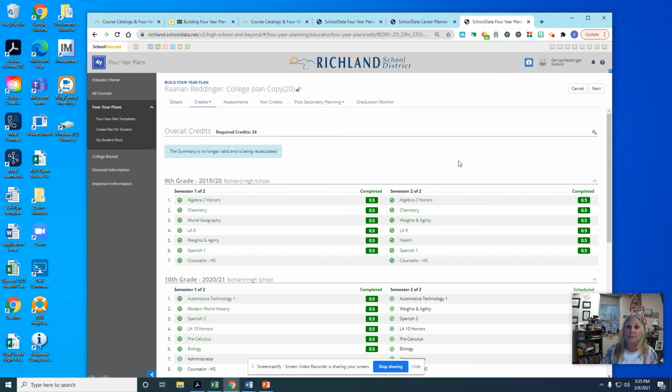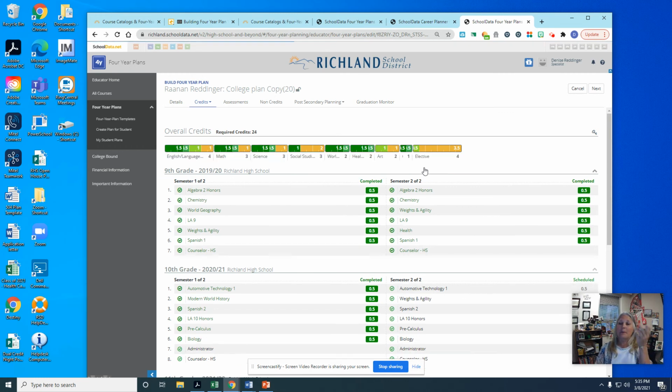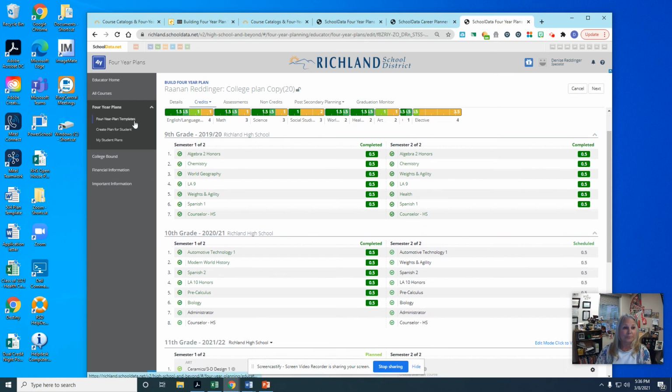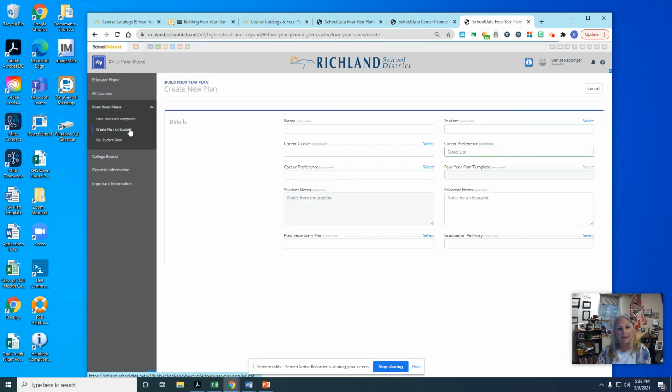Now, if you're a new student or if you don't have a plan, or maybe you just want to open a new plan, you don't want to rework this one, you want to open a new plan. So you can go in to create plan. And right in here, you're going to add your information. The name is the name of the plan, not your name, which always throws people off. So let's call this Denise's plan. It's going to confuse him when he opens his page, but anyway, we'll call it that.